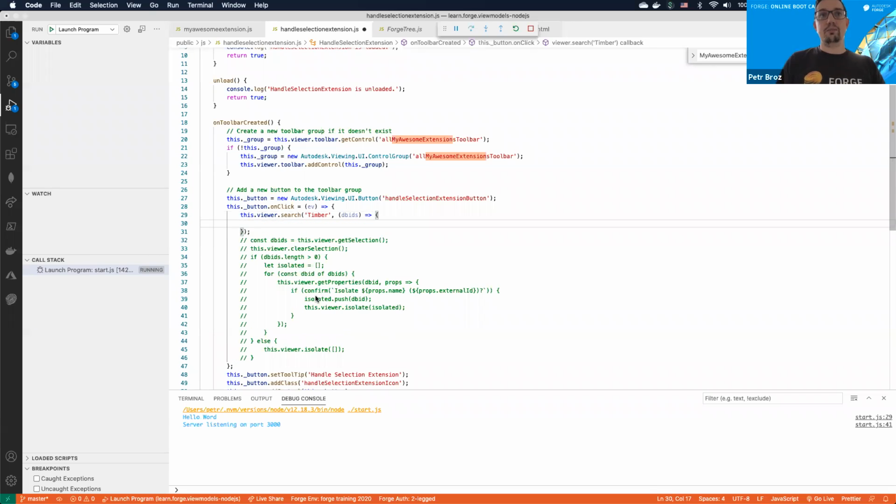And here, very easily, I can just say viewer.isolate DB-IDs, right? So if we reload our app,